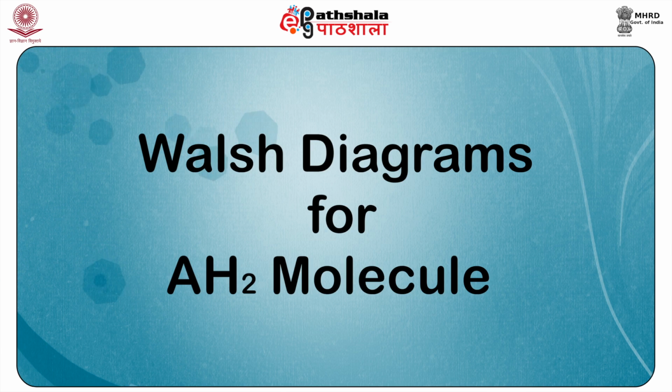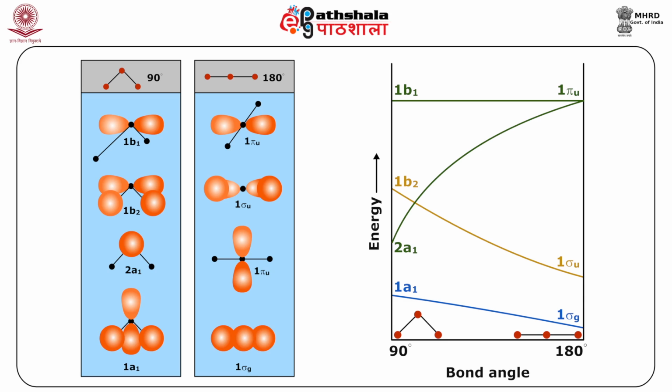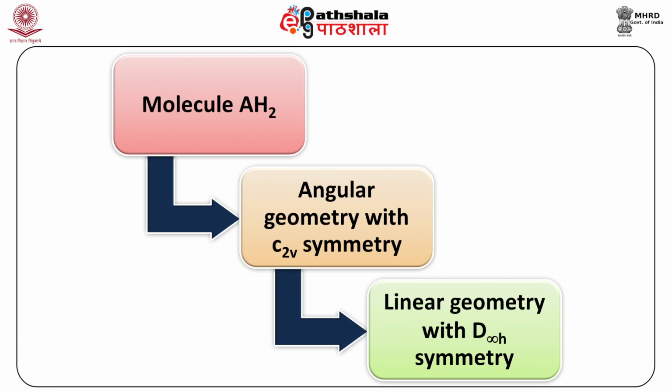Walsh diagrams for AH2 molecules. Consider a molecule AH2 where the element A belongs to the second period of the periodic table. The molecule AH2 can either have an angular geometry with C2v symmetry or a linear geometry with D infinity h symmetry. The only orbital available with the hydrogen atom for bonding is the 1s orbital, and the symmetry adapted linear